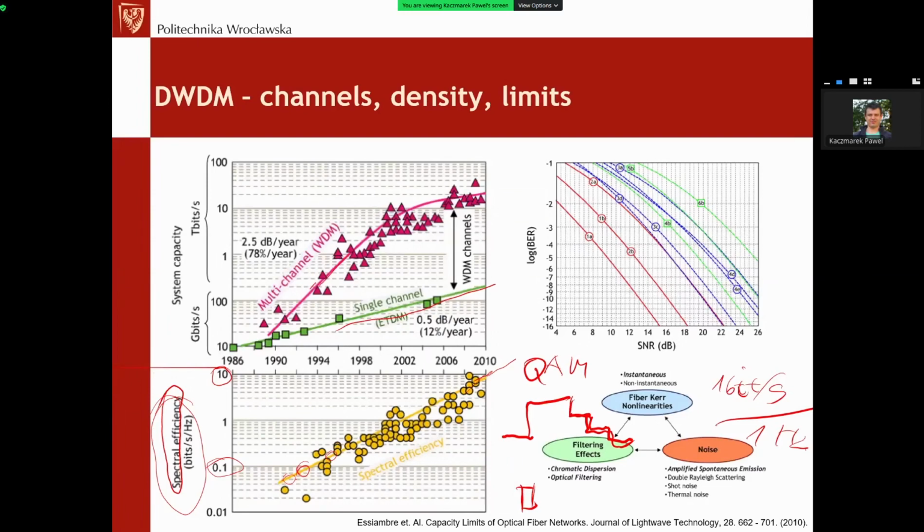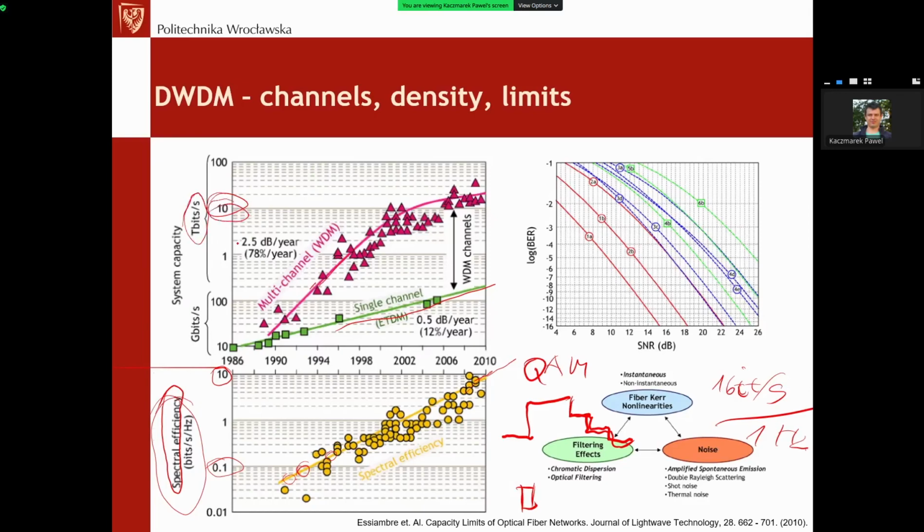Of course, these modulation schemes and the ways to increase this spectral efficiency are quite sophisticated, so we don't need to speak about them here. But you should have in mind that the modulation format also allows us to increase the capacity of such systems, and you can see right now the capacity of one single fiber. It is important. This is the amount of information transmitted through one single fiber, and right